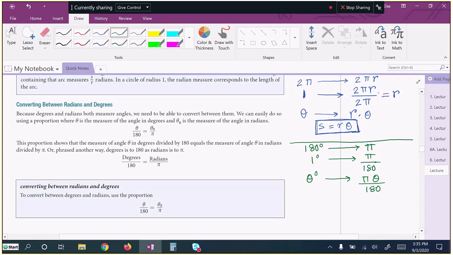So what is my conversion formula? If I am trying to change a degree measure to a radian measure, then the process is to multiply the degree measure by the factor of